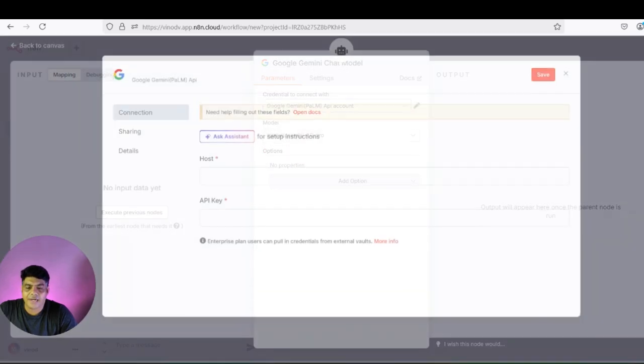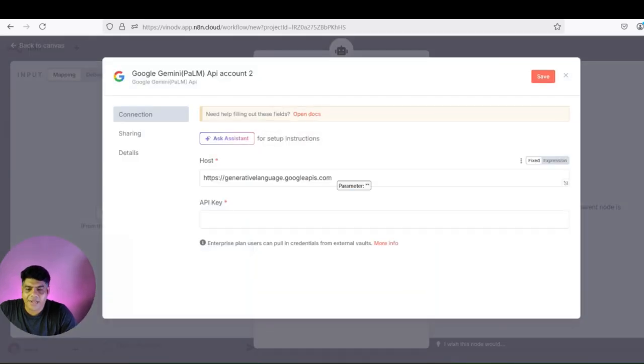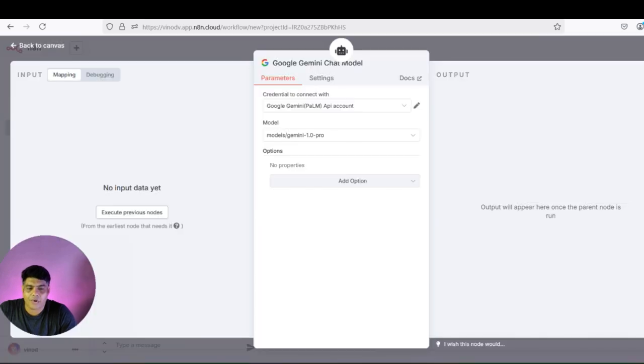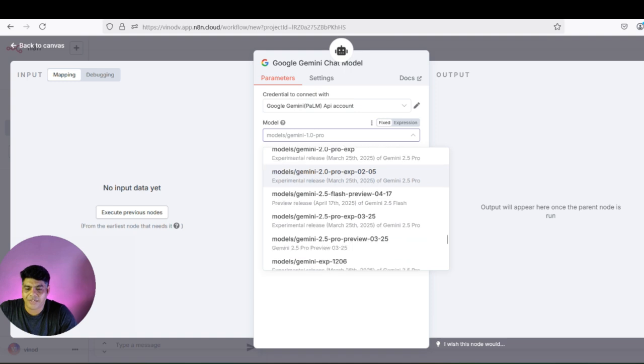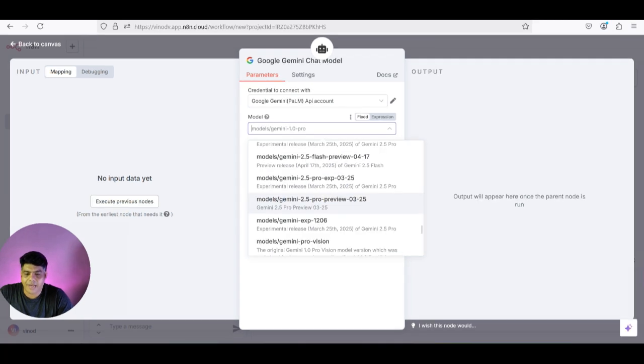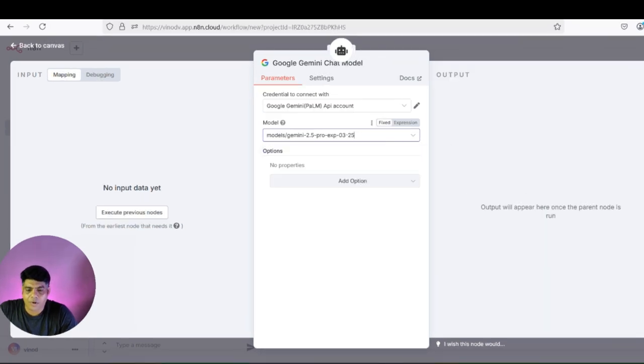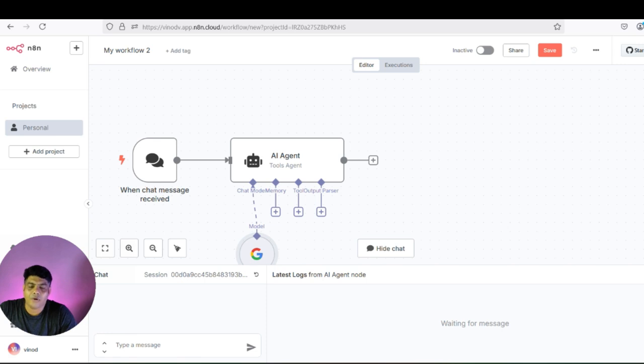You need to create a credential for your Gemini API. You can go to AI Studio. From there, copy your API key and then just paste it here. I have already done that. I need to choose a model which I need to use in Gemini. I can just go ahead and use the 2.5 Pro model, and now I also need to add an output parser